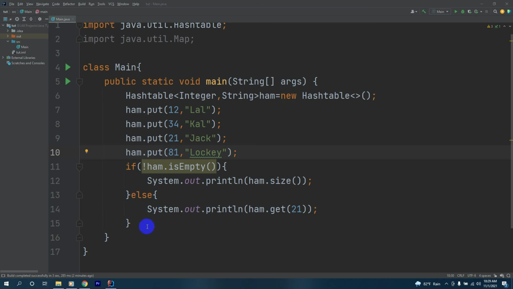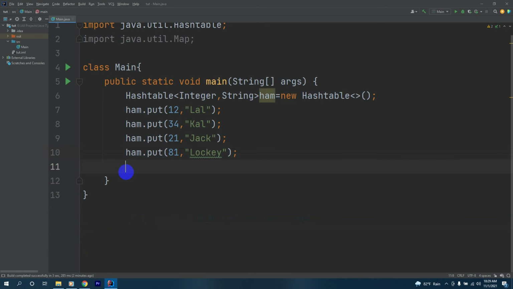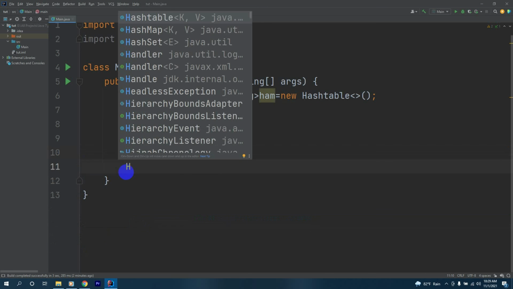Now let's see another method. We'll remove this and we'll have another hash table made.